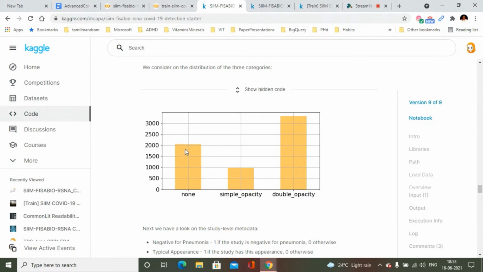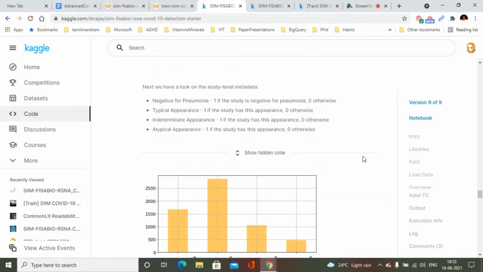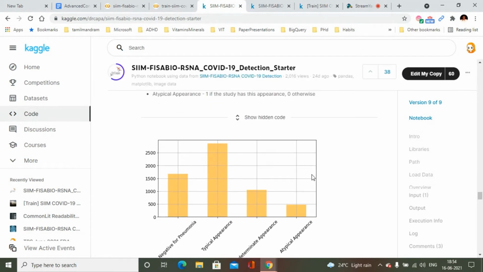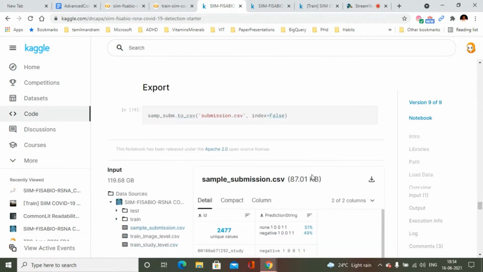There are 2,000 images with no opacities, around 1,000 images with some form of opacity, and around 3,500 images with double opacities. Then you can see how many are negative for pneumonia, typical appearance, indeterminate appearance, and atypical appearance. There are so many images under different categories. So this is a simple EDA on the data set which we have.